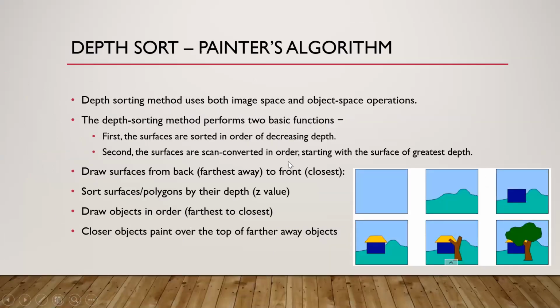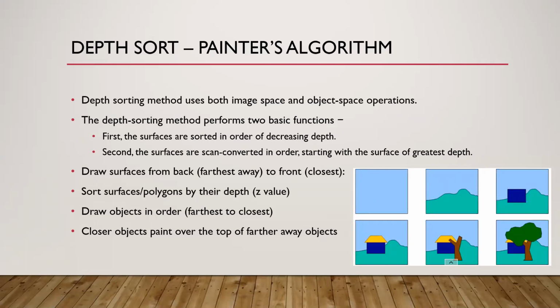The second is the depth sort algorithm. It's also called Painter's algorithm. It also comes under the image space method, because you're calculating the depth of each pixel and then sorting based on its depth value. Based on the depth value, the farthest pixel is going to be painted first. So you can see the blue color is done first, then the green which comes on top of the blue, and this goes on. So the farthest is colored first, and then the next is considered. That's why it's called the painter's algorithm.